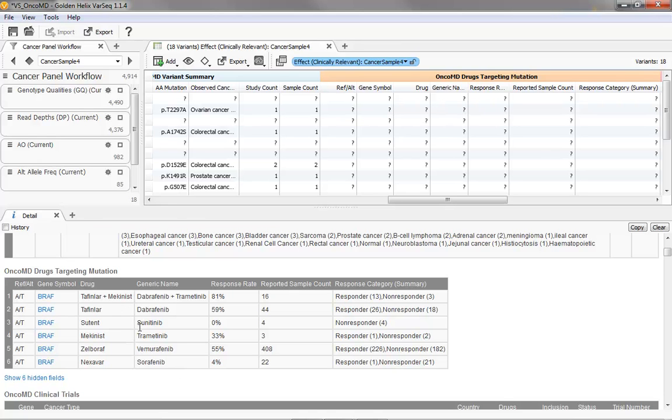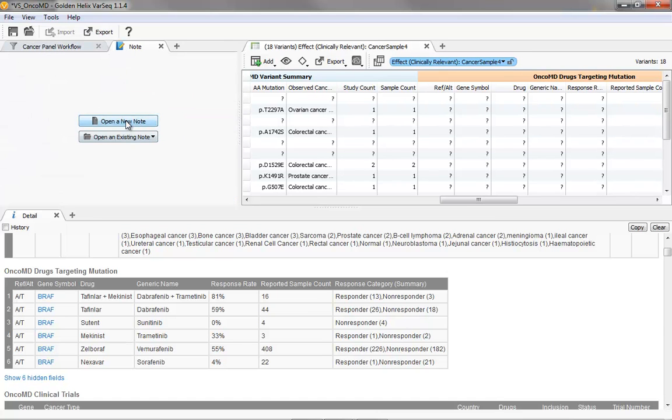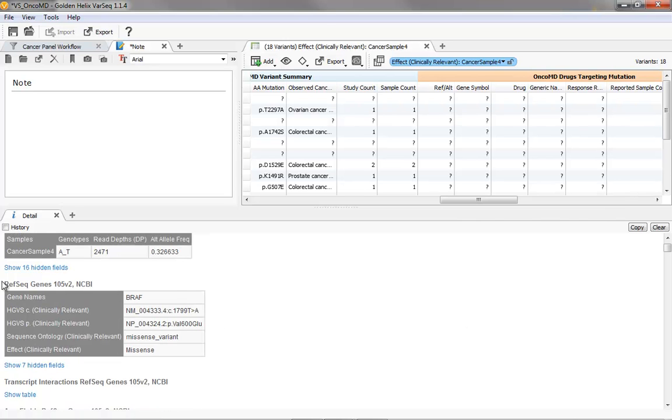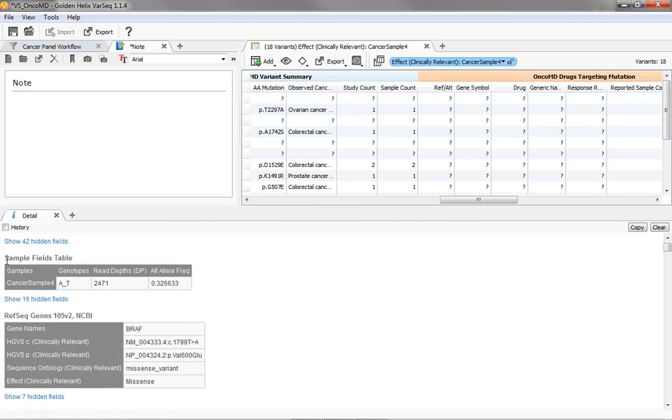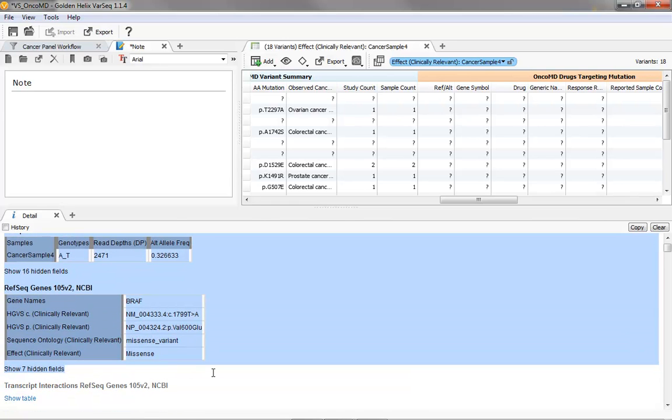We see a number of different therapies that are available and also some information about the response rate: how many samples have been evaluated for each treatment, and how many of them responded or did not respond. Now at this point, as a clinician, I may want to start taking some notes. And VarSeq provides a very nice interface for taking notes along the way. To start with, I'd like to capture some information about this particular variant. So I'll just copy these first few sets of annotations